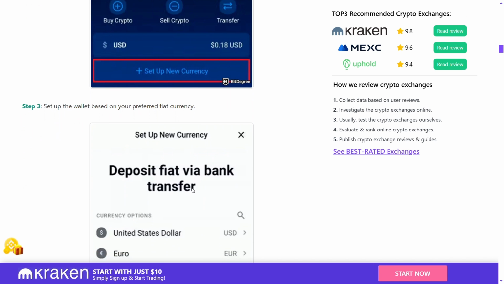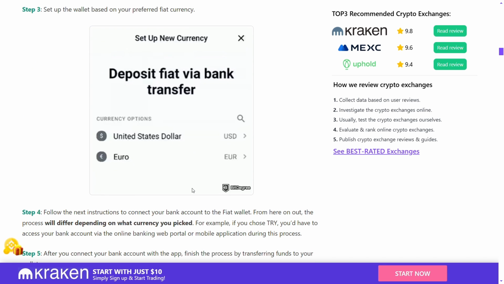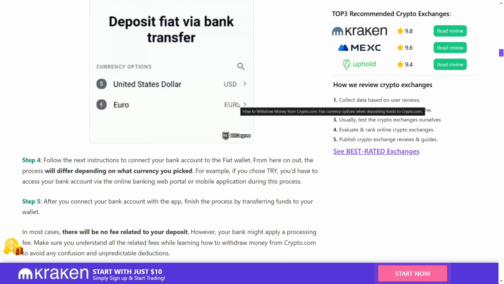Now from here you will set up the wallet based on your preferred fiat currency, and as you can see right here, you can already have these currency options. If you want another currency option, you will go on the search bar and you can search for that currency option and use that, and you will simply follow the next instructions to connect your bank account to the fiat